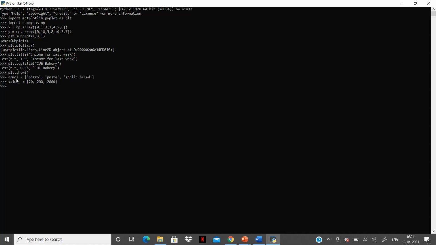Names will be the x variable and values will be plotted along the y-axis. Here we are giving a size. So 20 is the width and 10 is the height in inches. We are dividing our view into one row and 3 columns, and this plot will be situated in the first row and the first column. Let's create a bar chart using names and values.